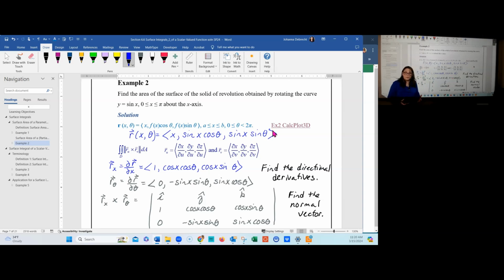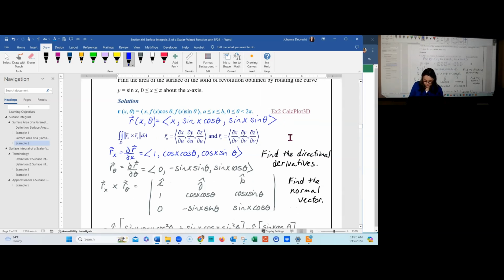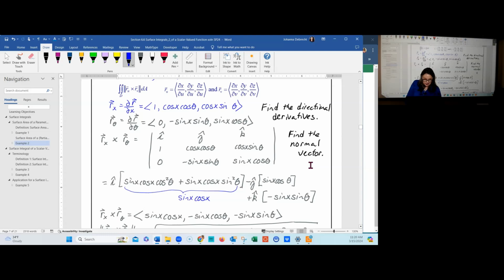Now I take the cross product so I can get the normal vector. When I do the cross product, I write it as a pseudo 3x3 determinant matrix. So I have i, j, k as the first row, and one of the directional derivatives as the second row, which I chose to be the partial with respect to x, and the other directional derivative as the third row. I expand along row 1, so I have i hat times the 2x2 determinant formed by the lower right 4